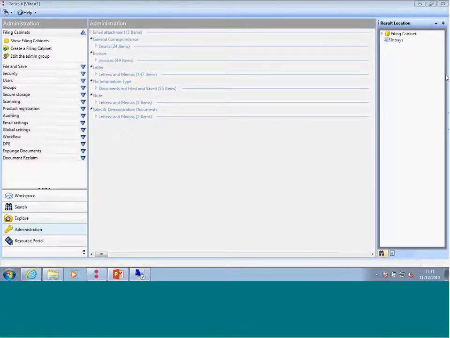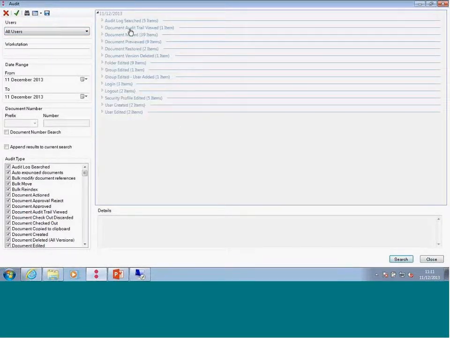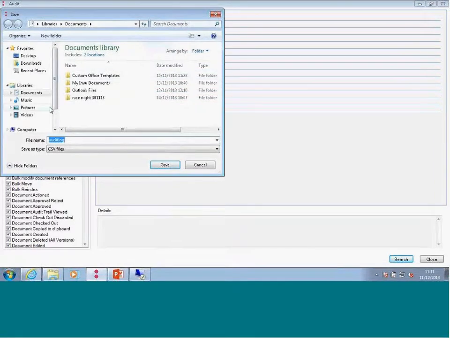Right, so I'll just cover off the rest of auditing, which was just exporting the results. Right, so if I just redo my search, my query in the audit log again. Actually, I'll just keep it simple. I'll search for everything. So this is a search I've just carried out. It has no meaning to me at the moment. It's just one that I've just selected everything on for today. You see that there's a little save icon, little floppy disk icon at the top, which allows you to export to CSV. If you hit save,